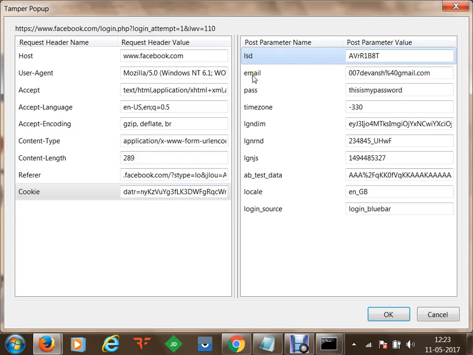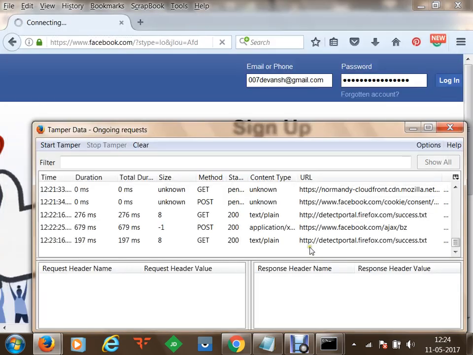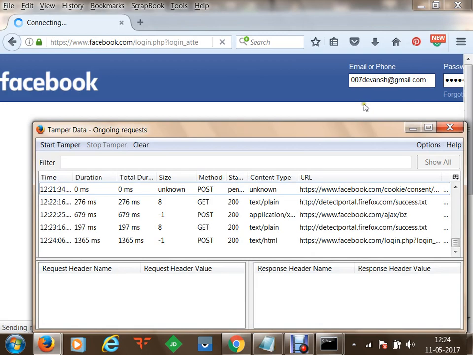Some lsd value has been sent, email and password have been sent, time zone information has been sent, then there is some other information which Facebook is asking for, and the source through which you have logged in. So these are some of the POST parameters. These POST parameters are not sent through the GET format in the URL, hence we call them POST parameters. You can put them into different fields and send the request to the server. The server is going to receive the request, and once it has been received, it is going to respond back to you. Okay. So now once we click on OK,